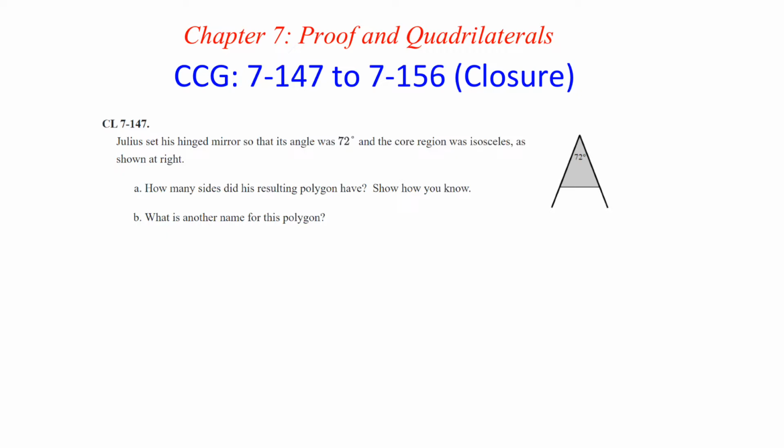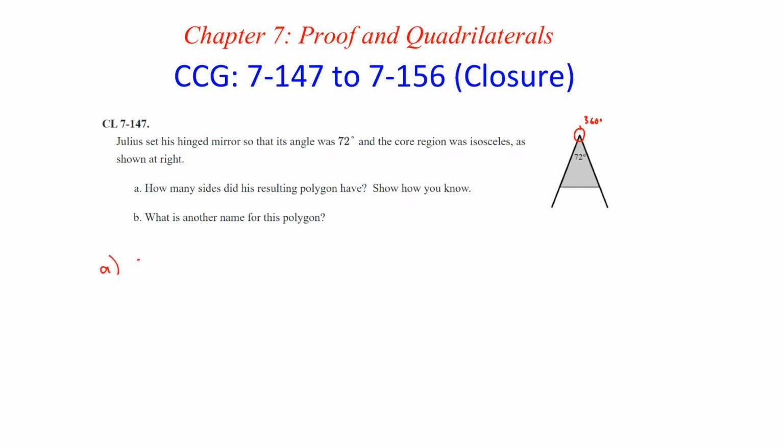Question 147. Julius set his hinge mirror so that its angle was 72 degrees, and the core region was isosceles, as shown at the right. How many sides did his resulting polygon have? Show your work. So to be able to figure out how many sides, remember a full rotation would be 360